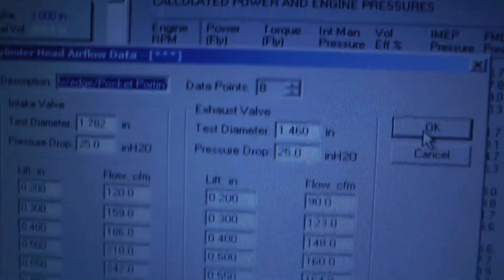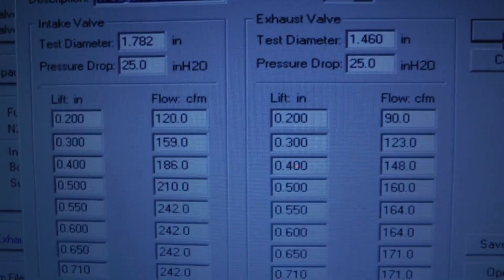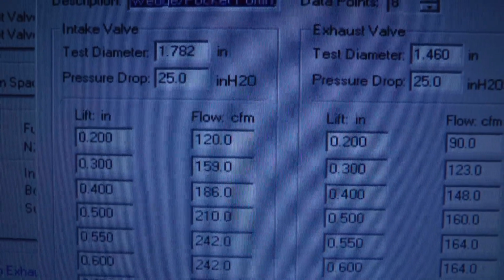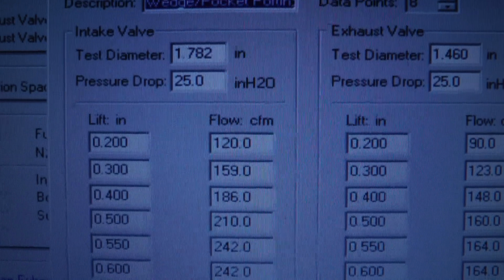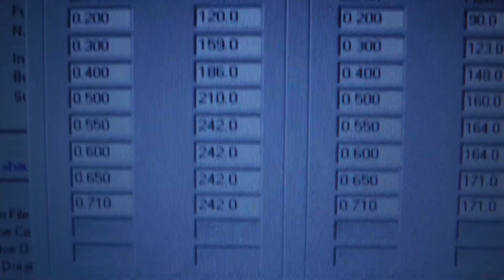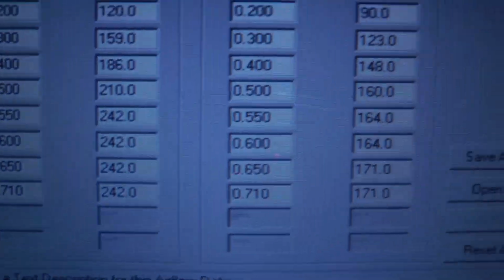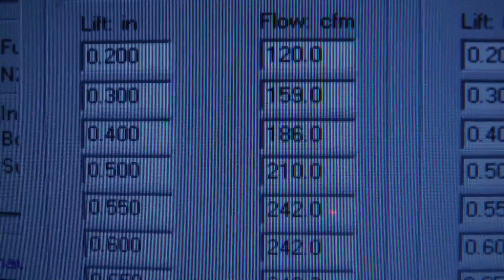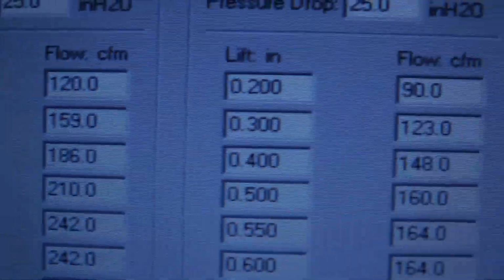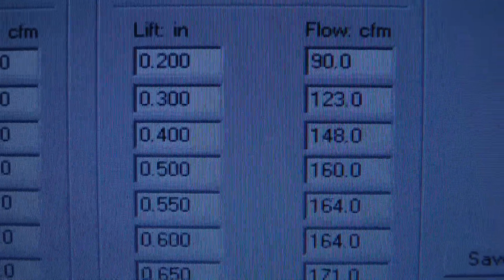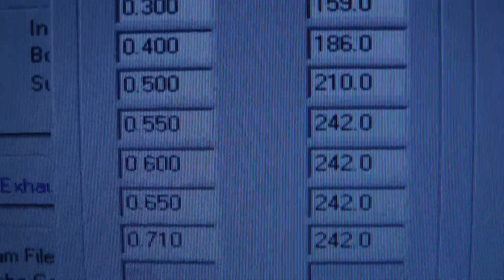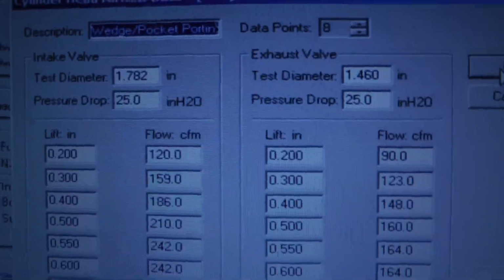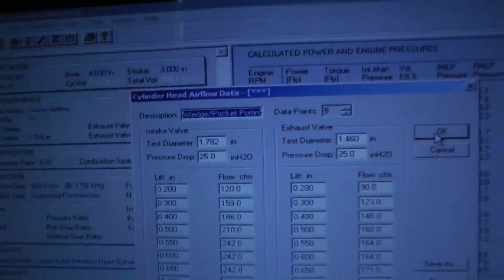But you can see you have all your cam lift numbers, and then your flow value, which these are very modest E7s that are ported, from 200 thousandths all the way to 710 thousandths. Again, maxing out at 210 to 160, and notice that I stopped plugging it in at 500. One thing to note, GT40 and E7 heads